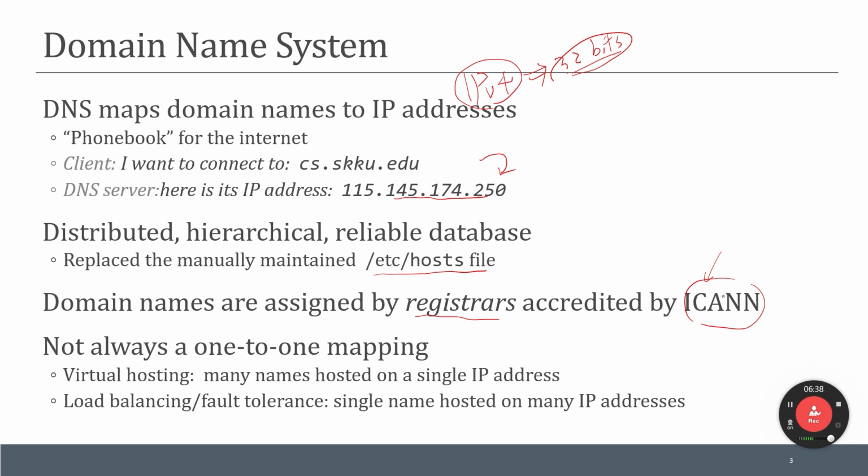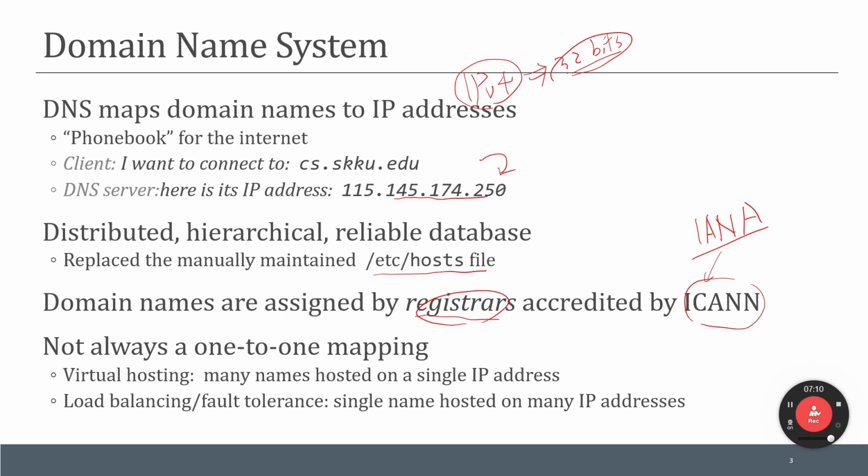I think under this organization there is the authority IANA, or Internet Assigned Numbers Authority, and domain names are handled by different kinds of registrars. So if you want to register your own domain name, say google.com, naver.com, these domain names should be registered in advance with the registrars.